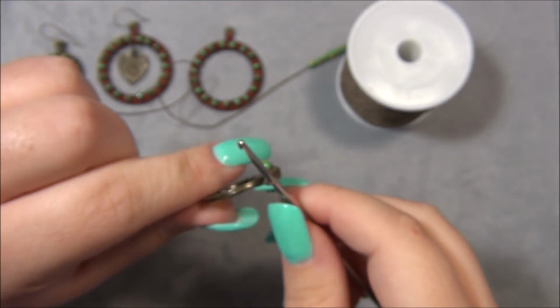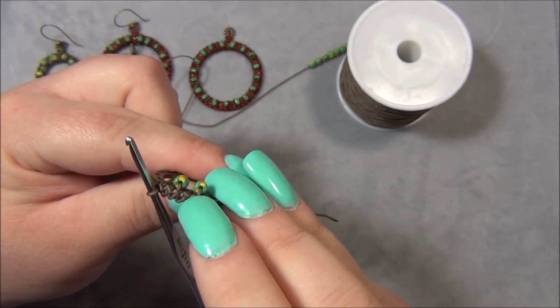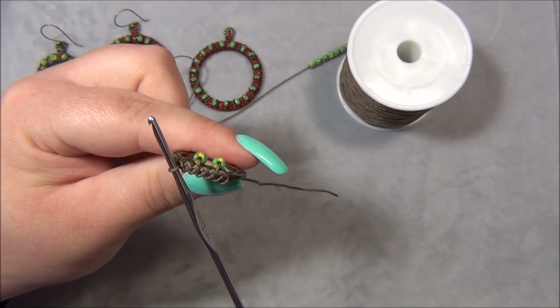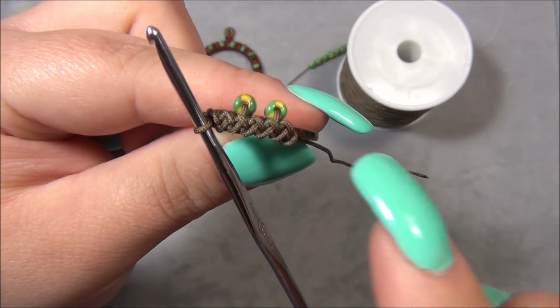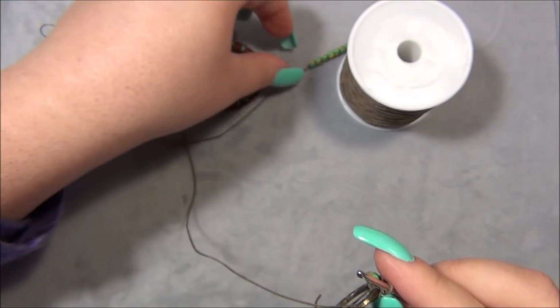That's also how you can tell if you're doing it right or not, because some stitches, when I first started doing this, I had some stitches where I kept going like left twice, and I had to take my needle out and undo it and get back into the rhythm, making sure that I was going left, right, in order to do it. So now I'm going to bring up another bead,